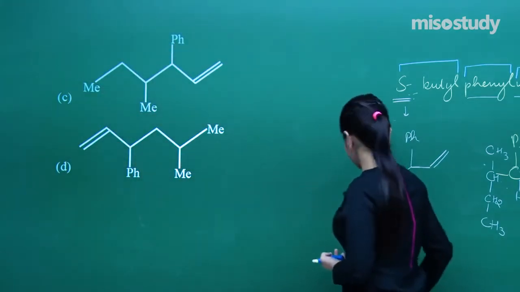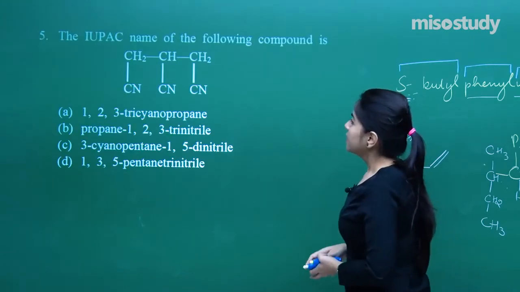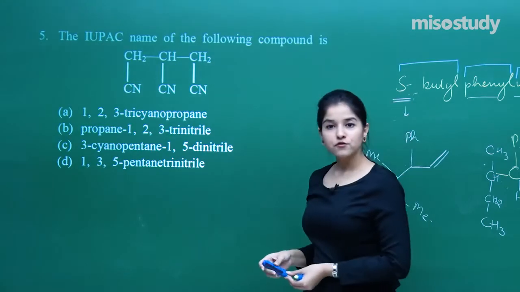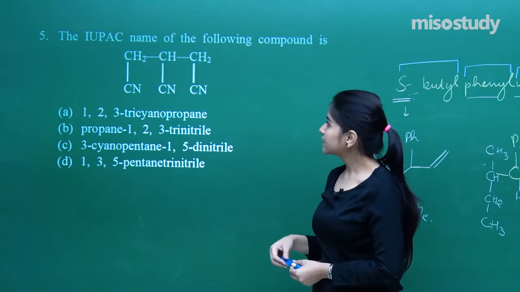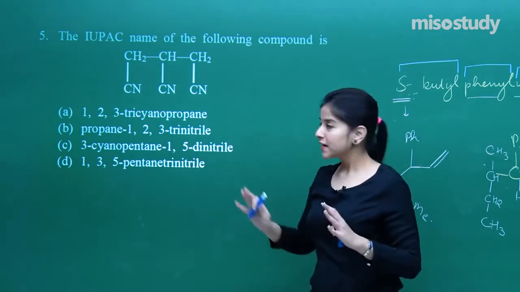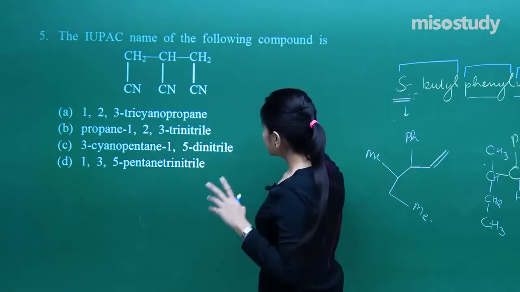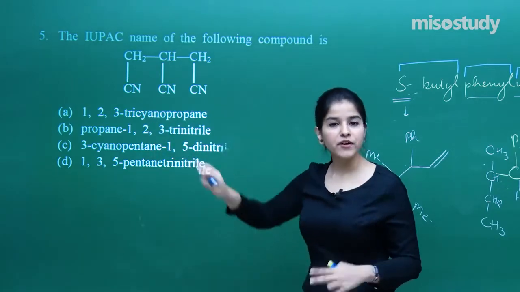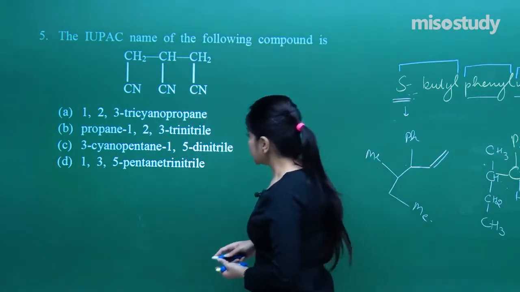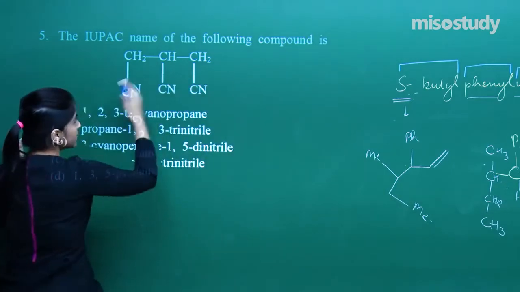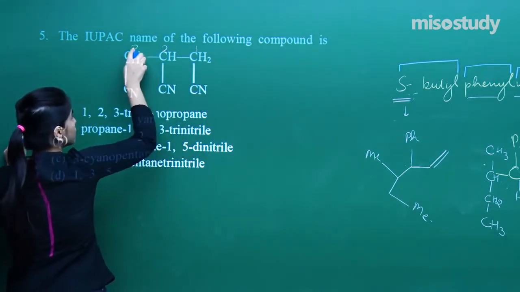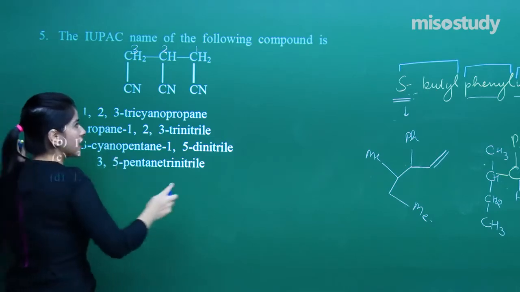So what does the next question say? The IUPAC name of the following compound. So the compound here is kind of complicated. It has got 3 CN groups, 3 cyano groups. Now there could be 2 possible ways for naming this compound. That means if I number this as 1, 2, 3, so the answer would be